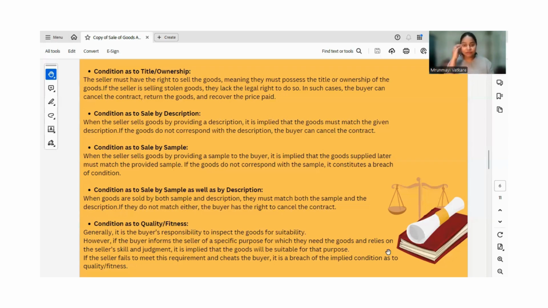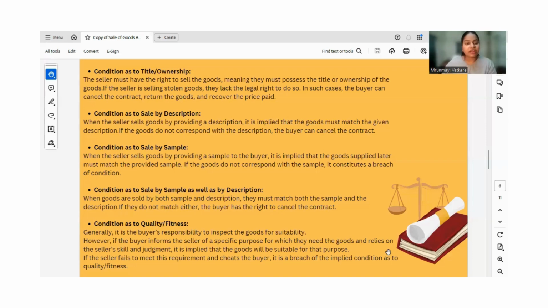So similarly, let's say a salesperson comes to your door and says that I am a manufacturer of a particular cream, and you are running a beauty parlor and you want to buy the cream to sell it in your beauty parlor. The salesperson who is providing you with a small sample is guaranteeing you that this will be the quality maintained throughout the contract whenever we supply the goods. So at a later stage, when the delivery takes place and the goods do not match the quality that was promised in the sample, it constitutes a breach of condition.